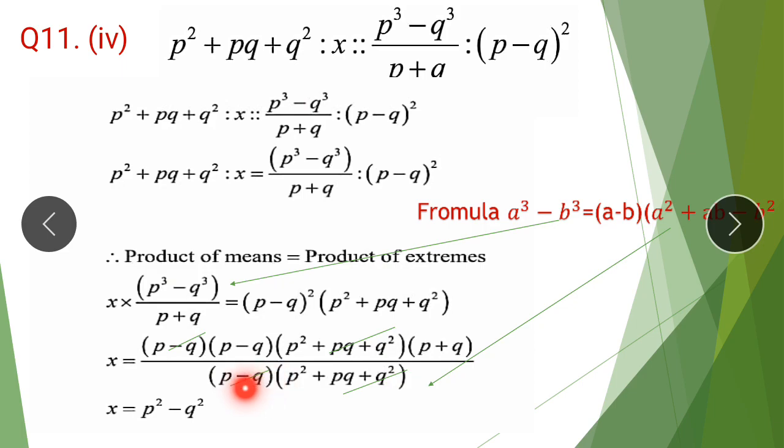Make sure that if this is minus, then all the brackets will be plus in the next one. So here we have p minus q, this will get cancelled and this will get cancelled, and we have p minus q and p. Here you can see that p minus q is written 2 times, having the power square, so it can be written 2 times. p minus q and p plus q means a minus b, a plus b, so we can write this as p square minus q square by multiplication or by applying the formula. So here we are done with exercise 3.1, and next class inshallah we will discuss exercise 3.2.